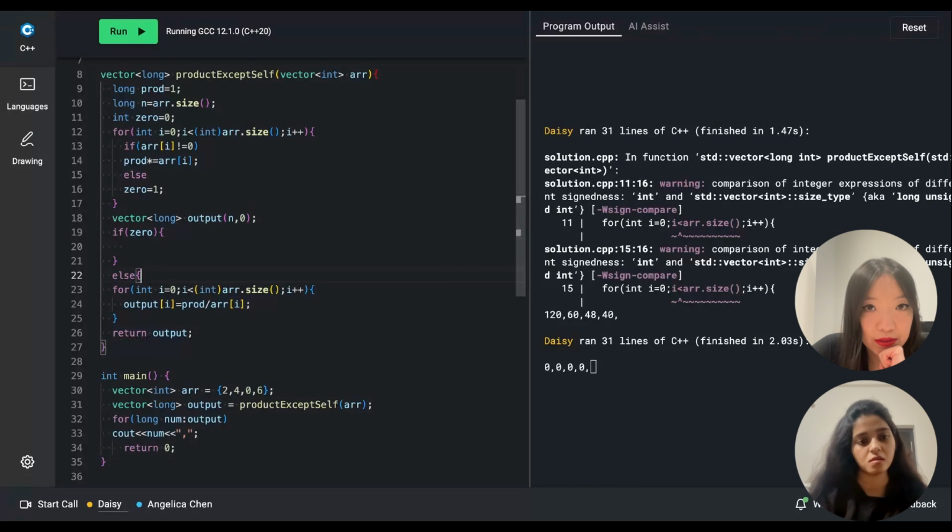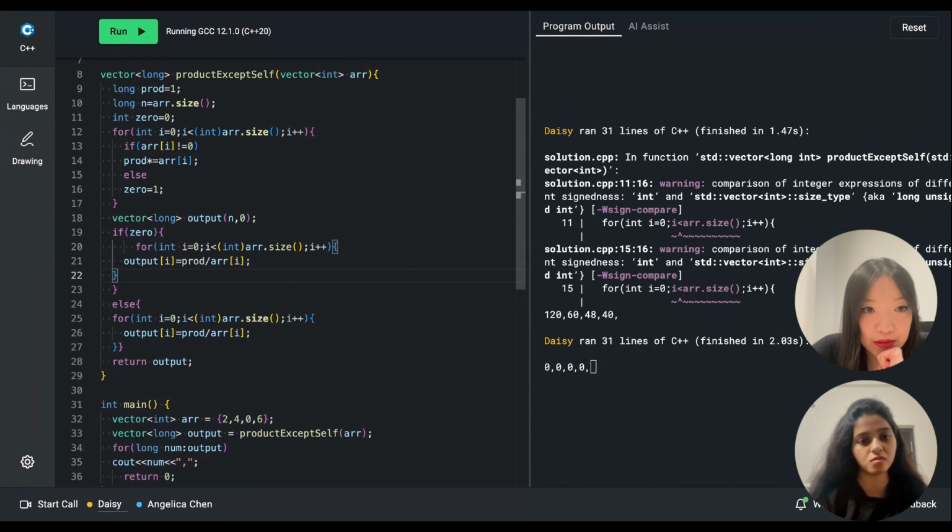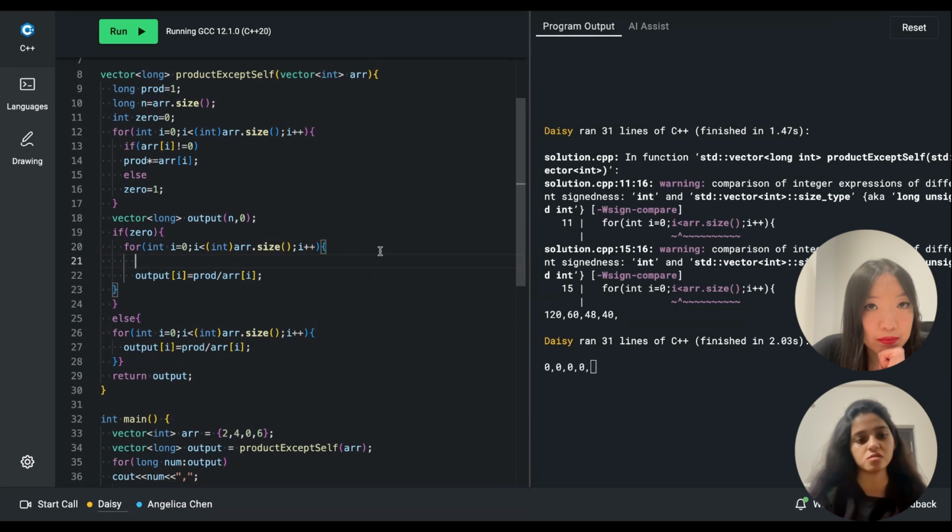And if I have a zero, in that case, if the current integer is not zero, the output is actually zero. Otherwise,